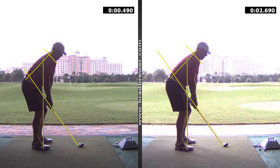Alright, Andrew, great having you in. Pictures are worth 1,000 words sometimes, and I know that yesterday you were starting to feel it towards the end,